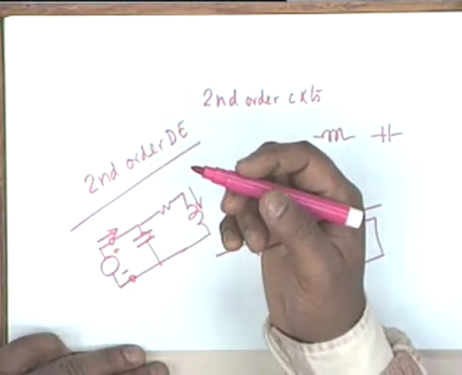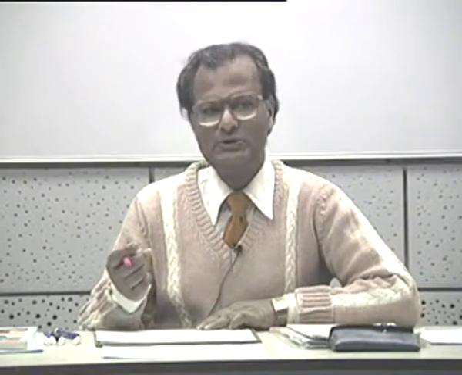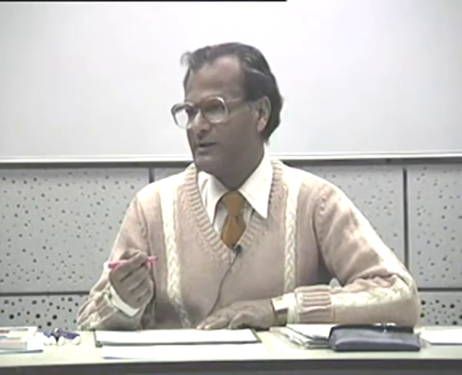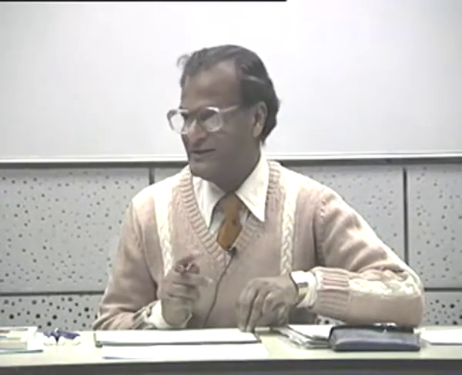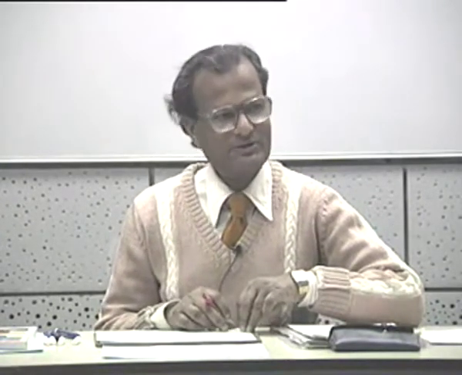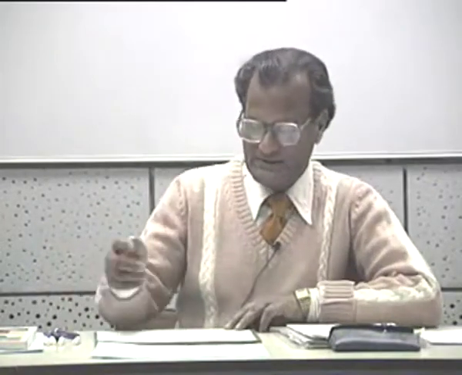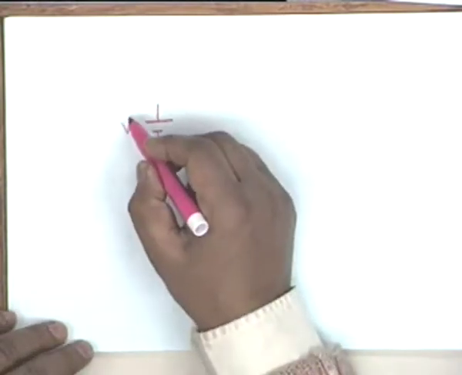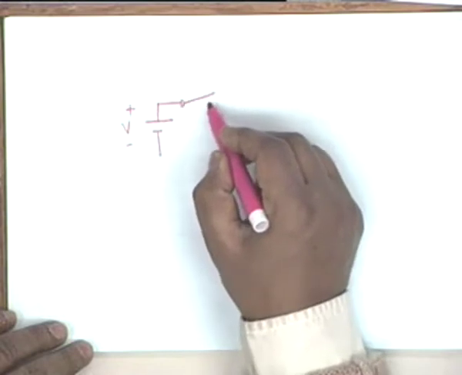All right. So you must also see how the source is connected. A truly second order circuit is one in which the natural response is determined by two distinct frequencies, and therefore the characteristic equation of the circuit must have two roots, which may be distinct, may not be distinct, which may also be coincident, but two roots. Well, the simplest example is if a step voltage V u of t is applied to a series RLC circuit.